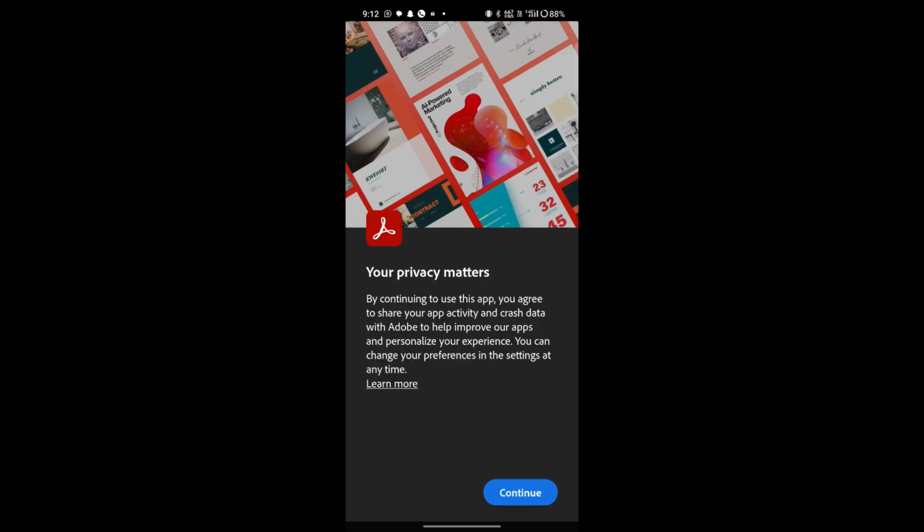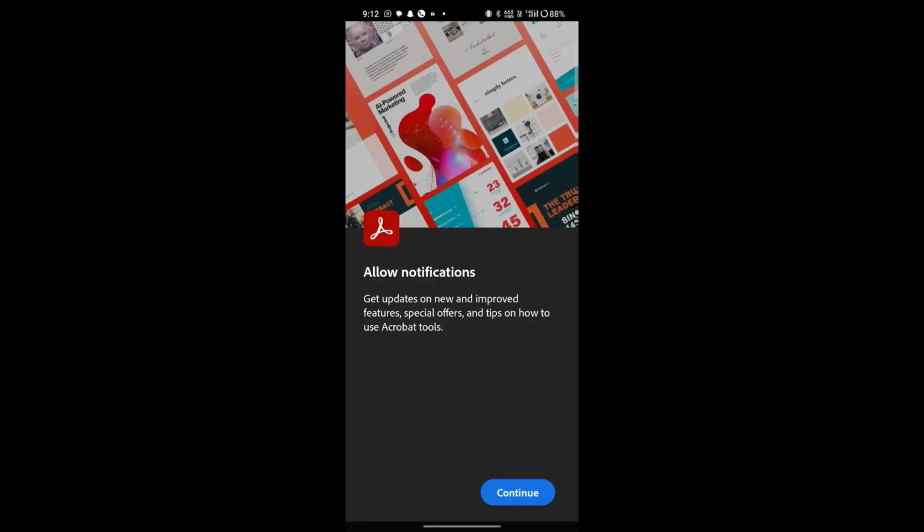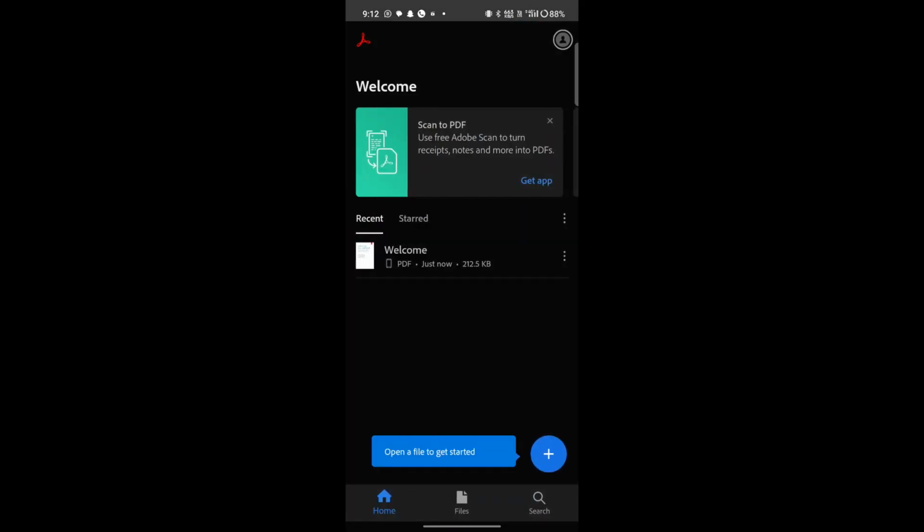Give all the necessary permissions to access the notifications and file folders. Once all these steps are complete, you will get a home screen with Welcome written on the top. Now, if you already have your documents on the Adobe Cloud server, you can view them by clicking on the Files option from the bottom. If you are not signed in, you have to sign in using the profile icon from the top left corner